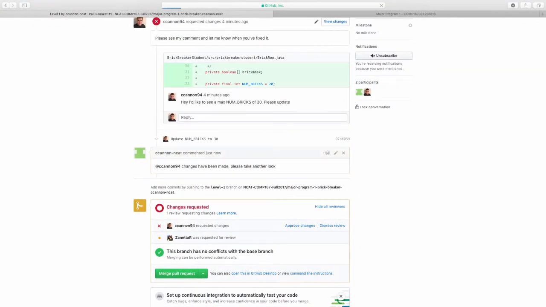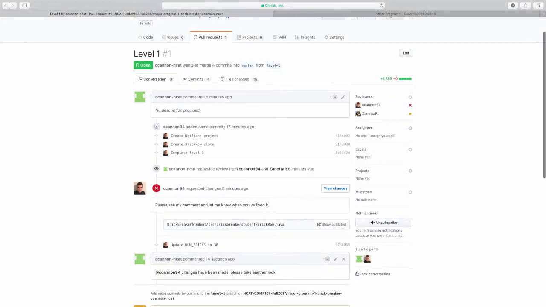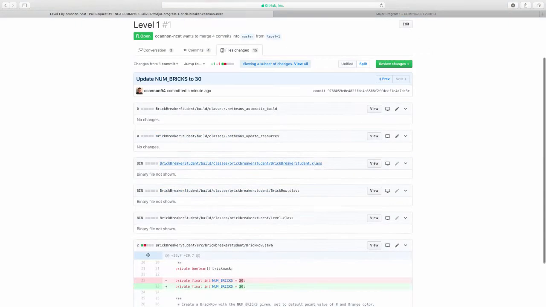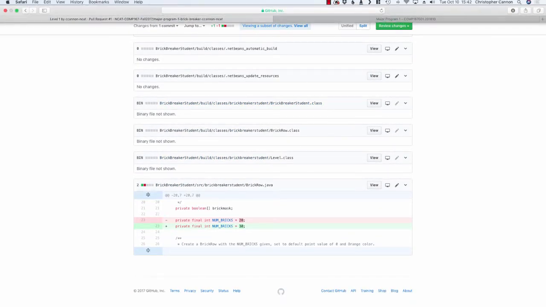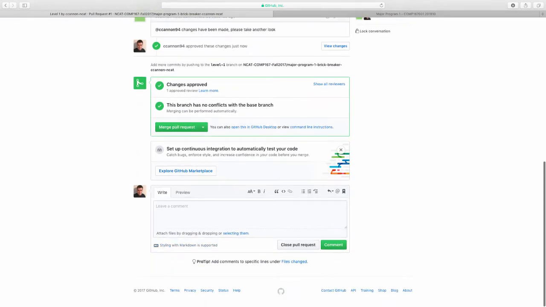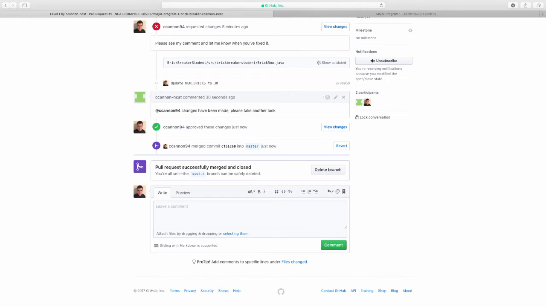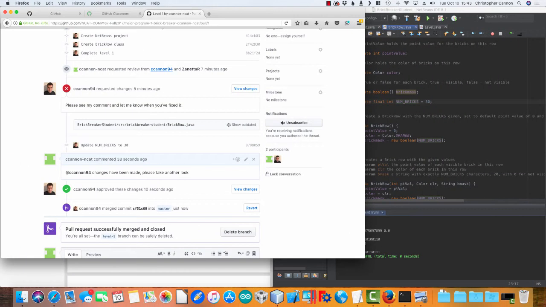So let's go back to the TA screen. And changes have been made. Please take another look. And I can see the changes that my student made. And I like it. That's what I was looking for. So at this point, I will approve these changes. And when I approve your changes, I will go ahead and merge your pull request. What that merge does is, let's look at